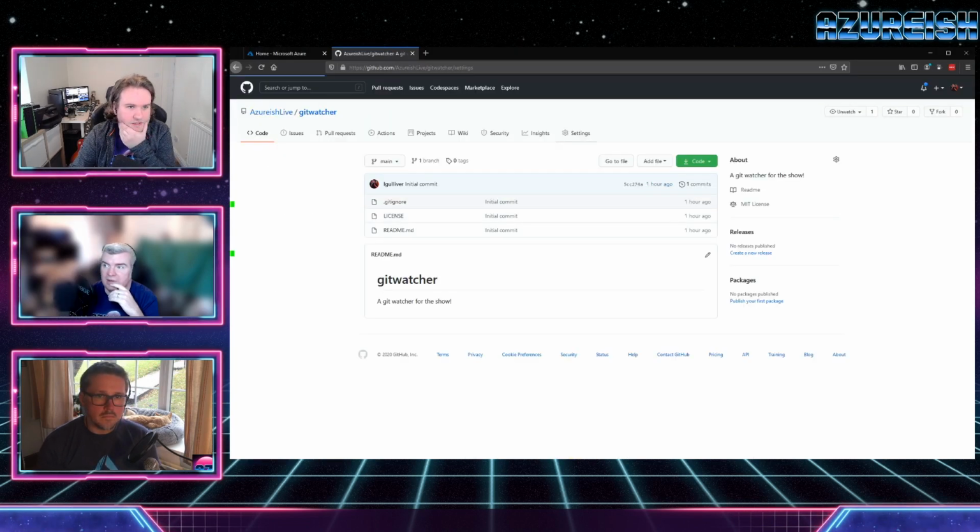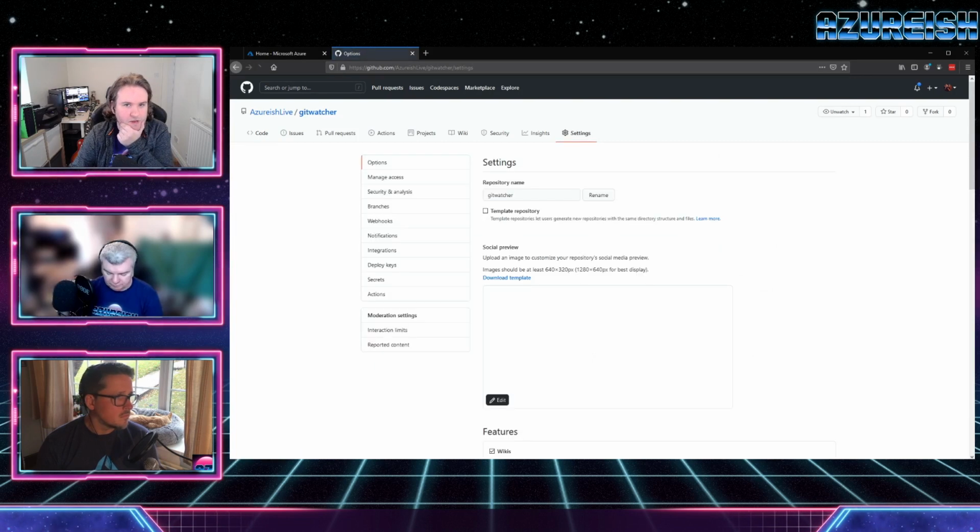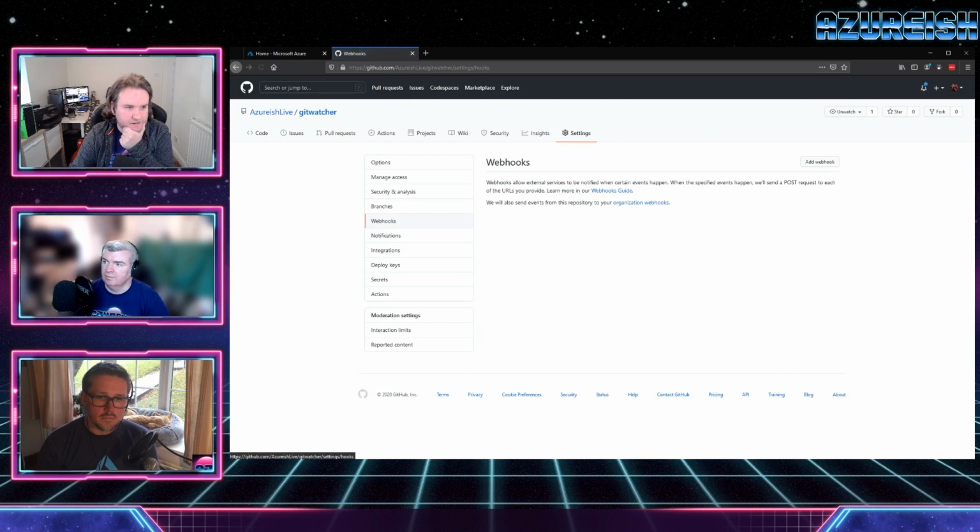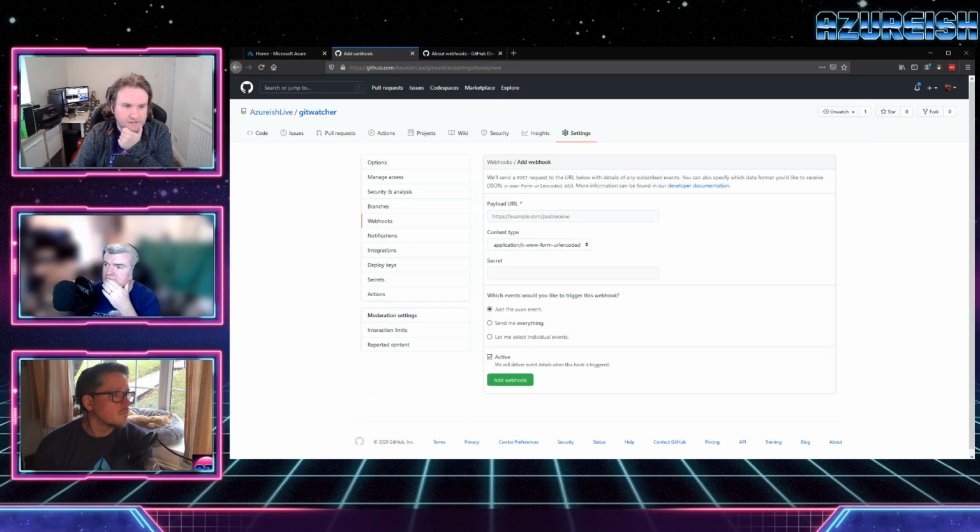So if we go into settings for the repo, we have a webhooks thing in here. There's a whole guide around that as well from the look of things. But if we go into add webhook, I guess we can shunt whatever event comes out straight to the logic app.